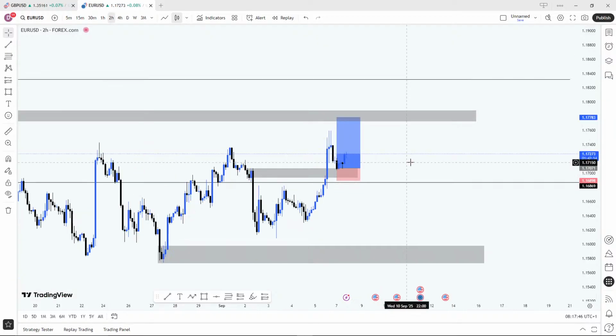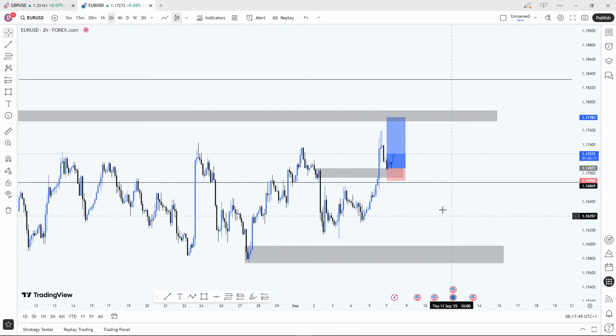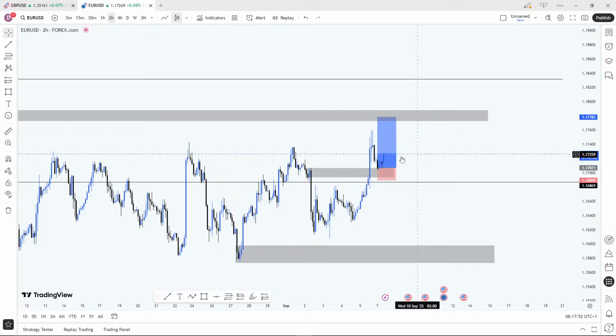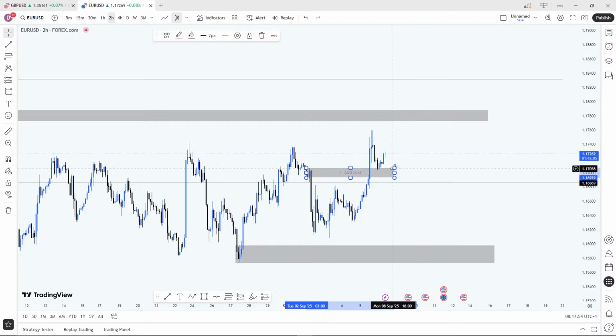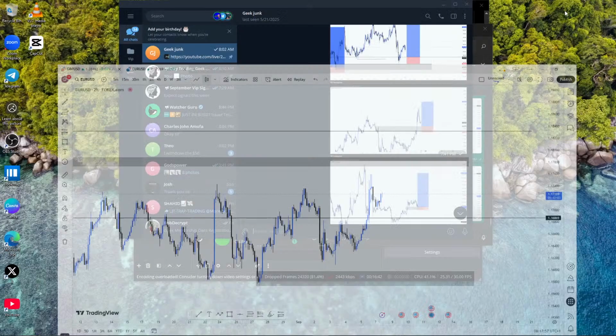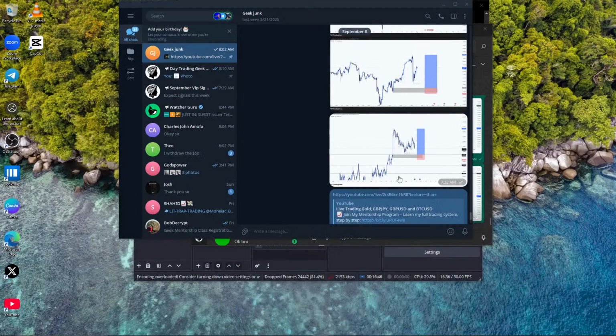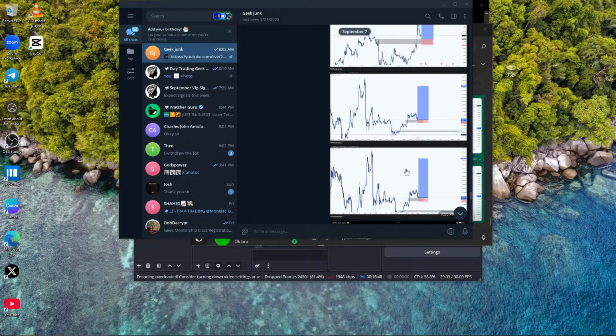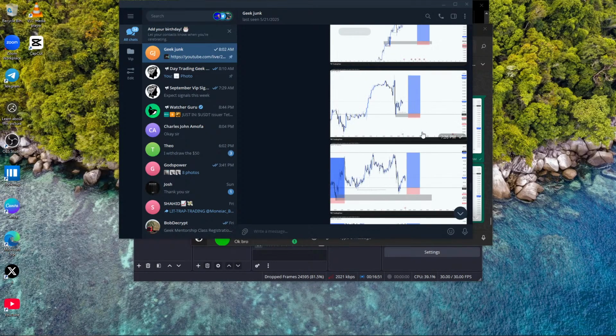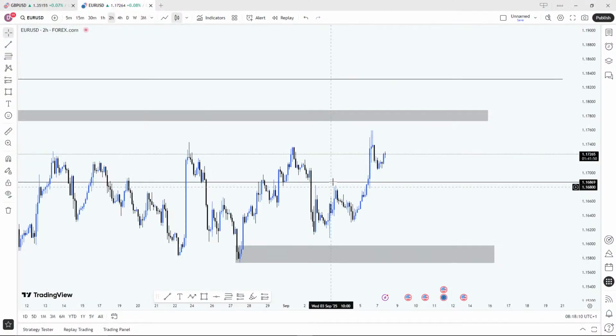Then on the 2 hour time frame, same thing. The breaker block is where the price is currently respecting. Since I didn't drop this setup for you guys, let me just delete it. I took it on my account. I don't think I saved the setup or the screenshot. I took it on my account, but because of the spread, that's why I didn't drop it.